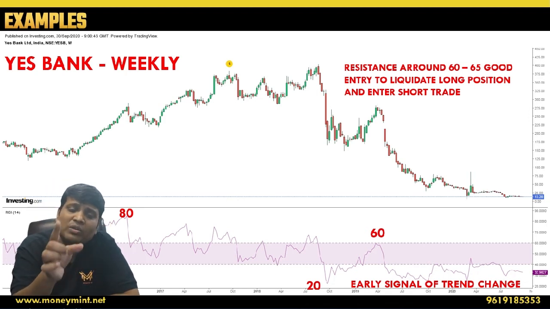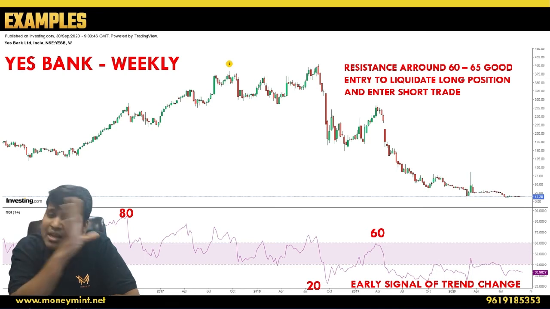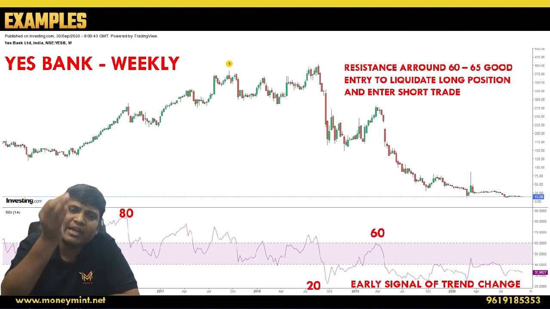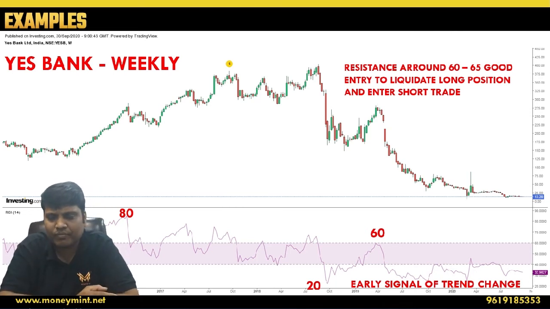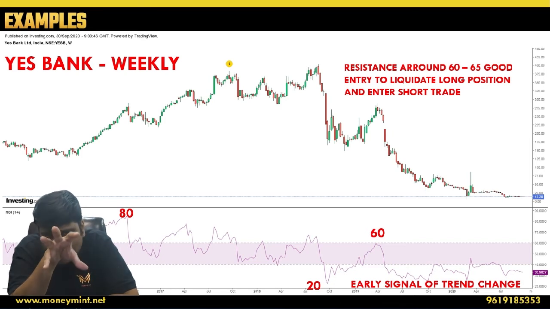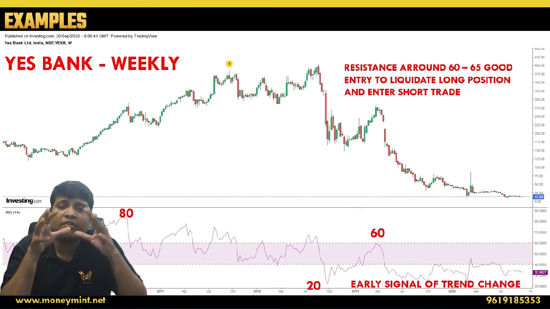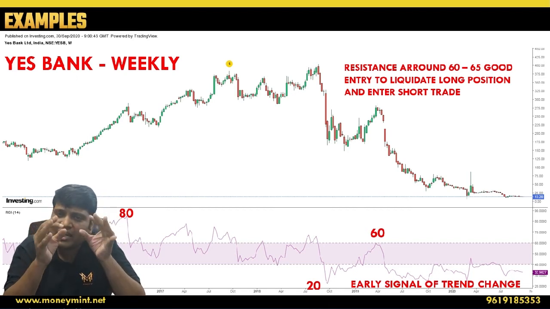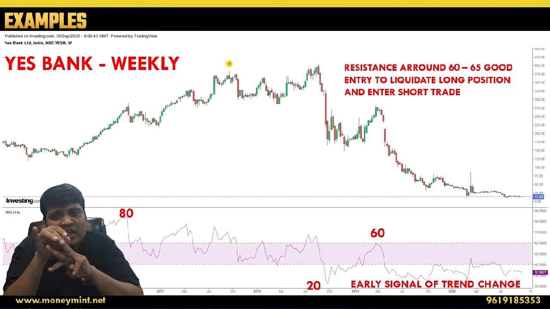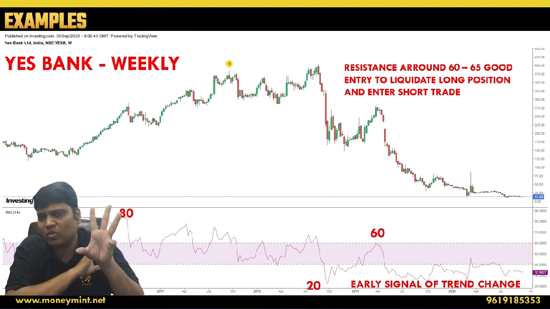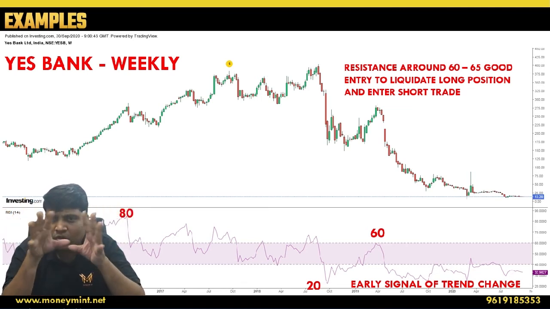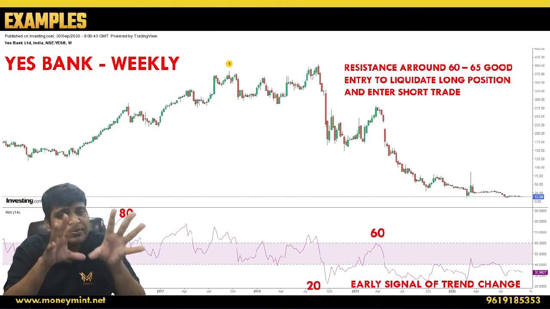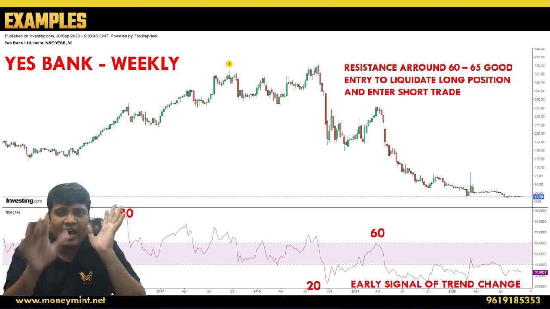The same thing that happened to Yes Bank happened a few years back in Satyam Computer, and you'll find the same pattern was available on the RSI for Satyam Computer. So it protects your money from falling, from going down. Only thing is, make sure you understand the concept of 3 zones: highly bullish, highly bearish, bullish zone, bearish zone. If you understand these zones and how to play around 80, 20, 40, 60, you can create n number of strategies to play with the RSI.